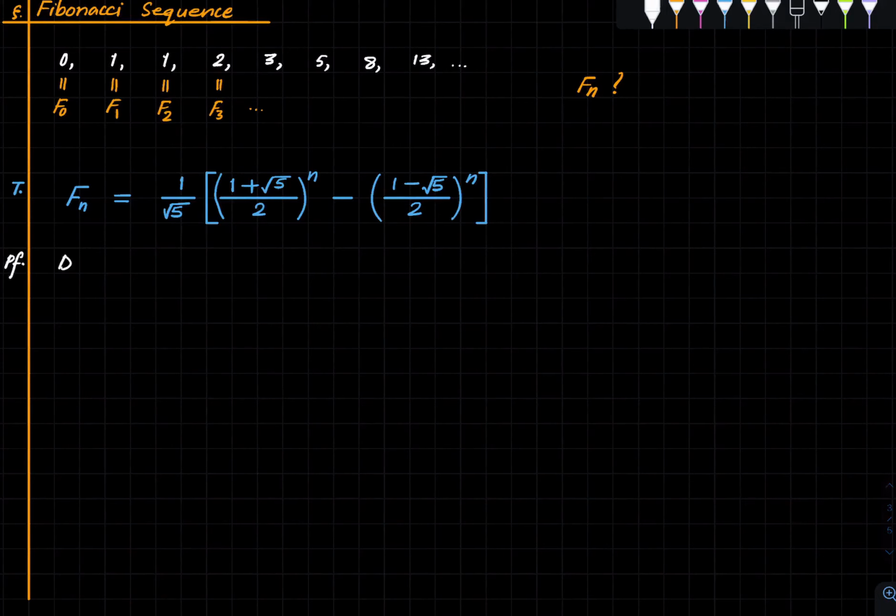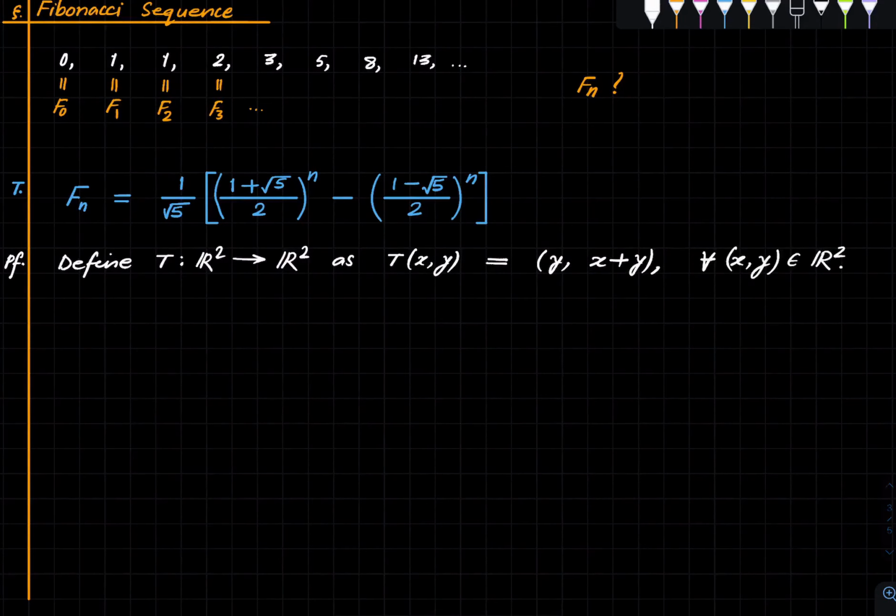So define a map T from R2 to R2 as T of (x, y) is (y, x plus y). So this is a map, and of course this is a linear map. So note that T is linear. Okay, so it's an R linear map. When I say linear, of course, this is a vector space over R. So we have a linear map, and note, more importantly,